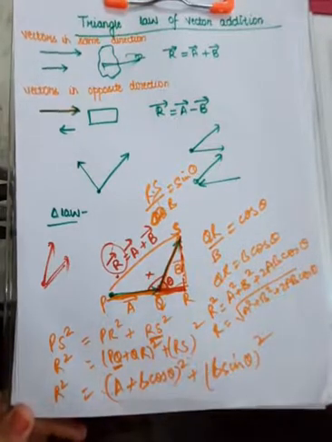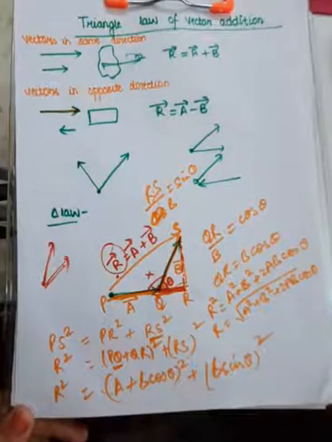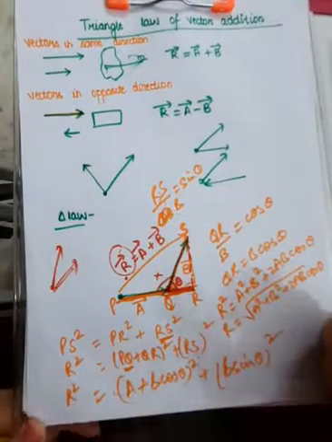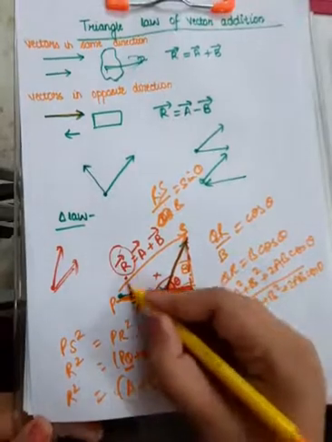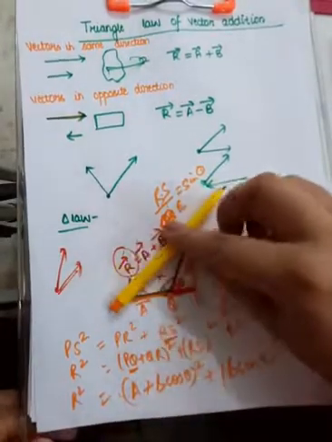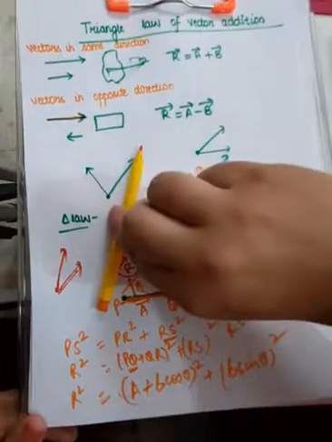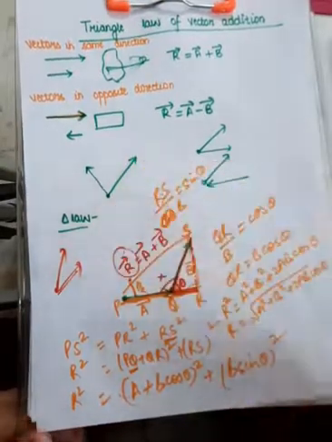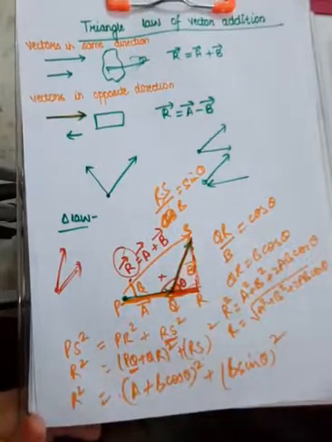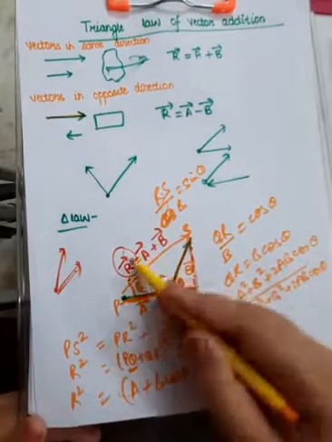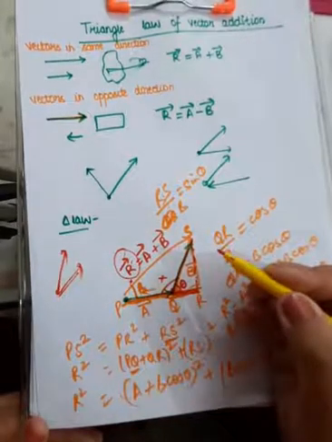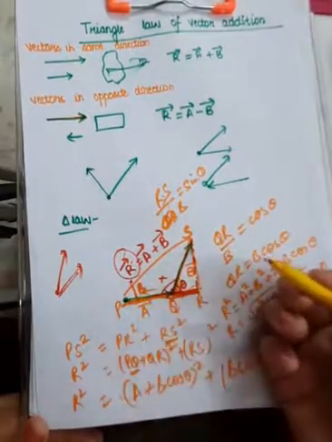Now we will be finding out the direction of the resultant. In what direction will the overall resultant be acting? If you want to tell the direction, you can tell the angle at which it is acting. See, this angle is specifying a different direction and this angle is specifying a different direction. So telling the angle made with any of the vectors will eventually tell us the direction of the resultant vector. So I am letting this angle be beta. So I'll be finding tan beta to tell the direction.